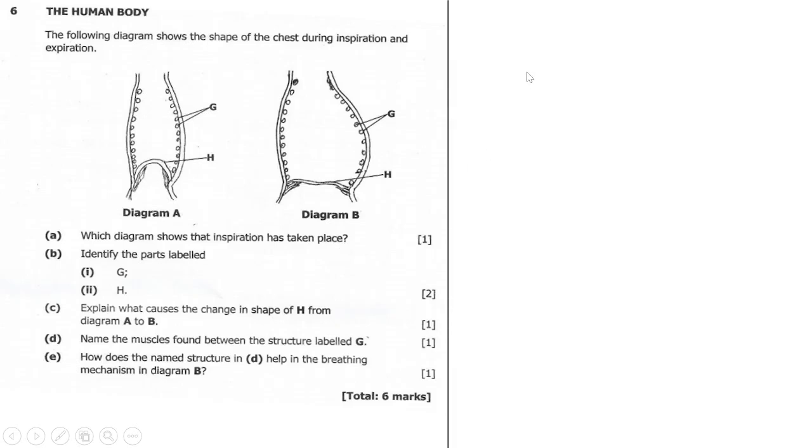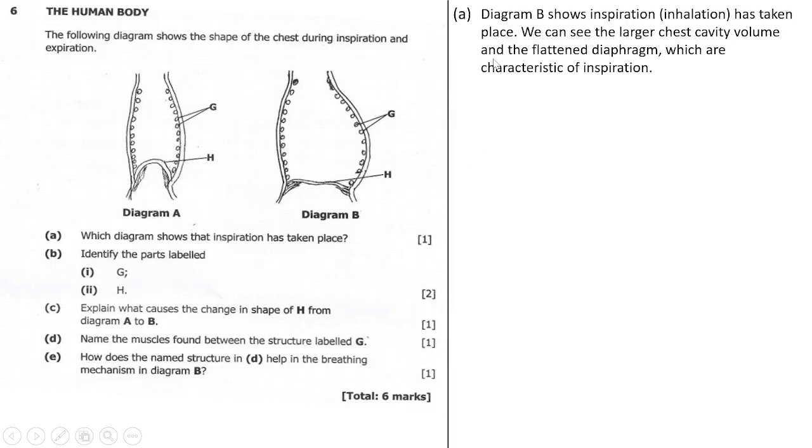Then Roman numeral A says, which diagram shows that inspiration has taken place? We'll say diagram B. Diagram B shows inspiration, which is inhalation, has taken place. We can see the larger chest cavity volume and the flattened diaphragm, which are characteristics of inspiration. Inspiration is taking in air. So when air is